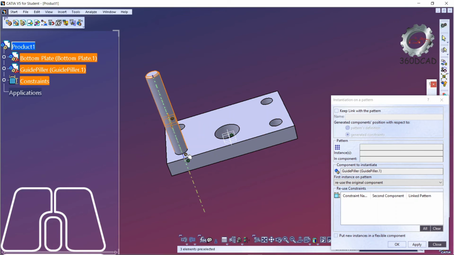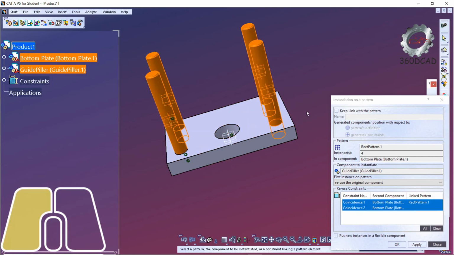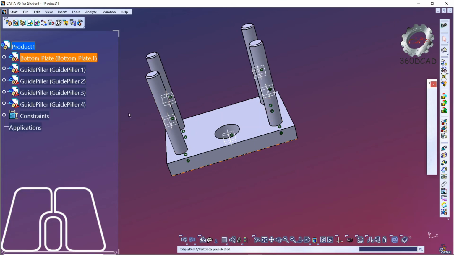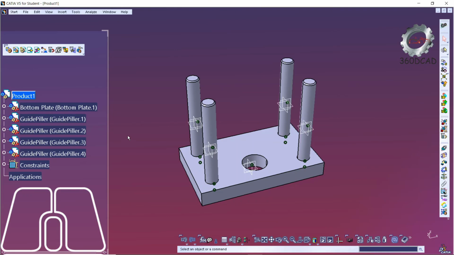This particular coincident constraint we have to reuse. That constraint we are going to select and add over here, and the pattern will be created. Now click on OK. So here you can see 4 guide pillars have been inserted.